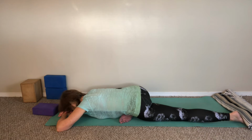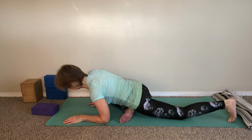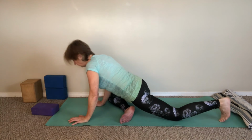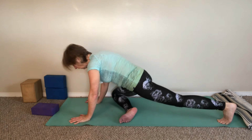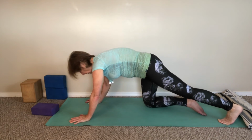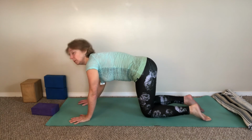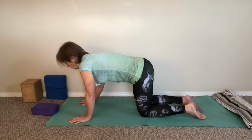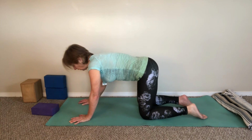Preparing to come out of this now, lifting head, spine with the help of your arms. Curl the back toes under, and then lift the back knee, and bring your right leg back. You can either come into down dog to stretch out, or into table position. And whatever you come into, just rock the hips side to side, then do some pelvic rolls,